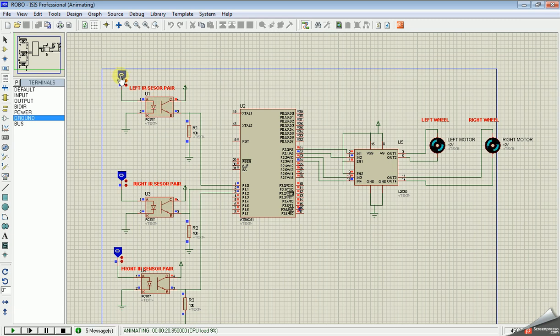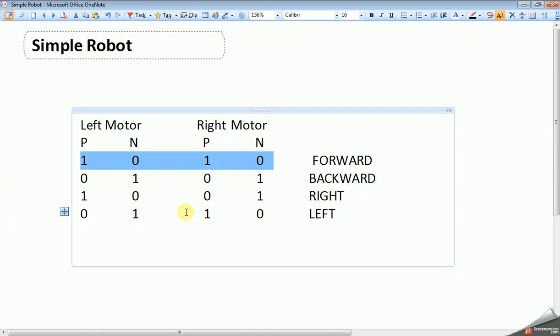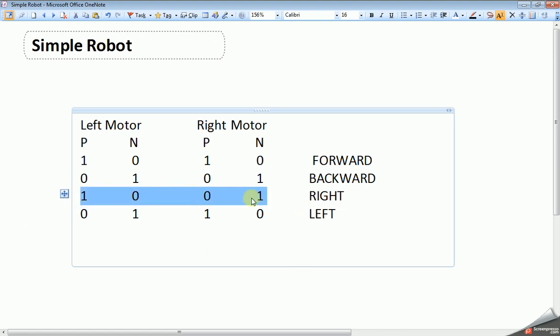It has to move right. Right means left wheel clockwise, right wheel anti-clockwise. So it is working based on this logic.